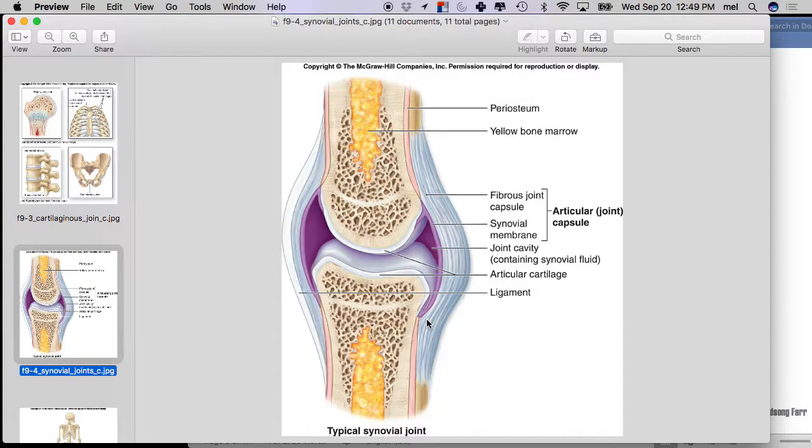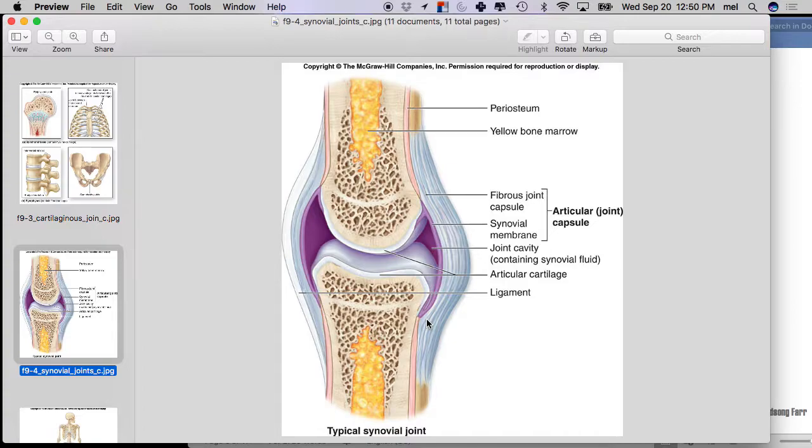Only, now let's add just a little bit more structural stability to it, okay? And that is not shown here, but you can have a ligament that attaches the two bones to one another within the joint cavity, right? You can have a little fat in the joint cavity for a little extra cushion, right? And then you can run a muscle with a tendon across the outside of the joint cavity to stabilize it. And so if you have strong muscles around a joint cavity, it actually helps to stabilize the joint, right?